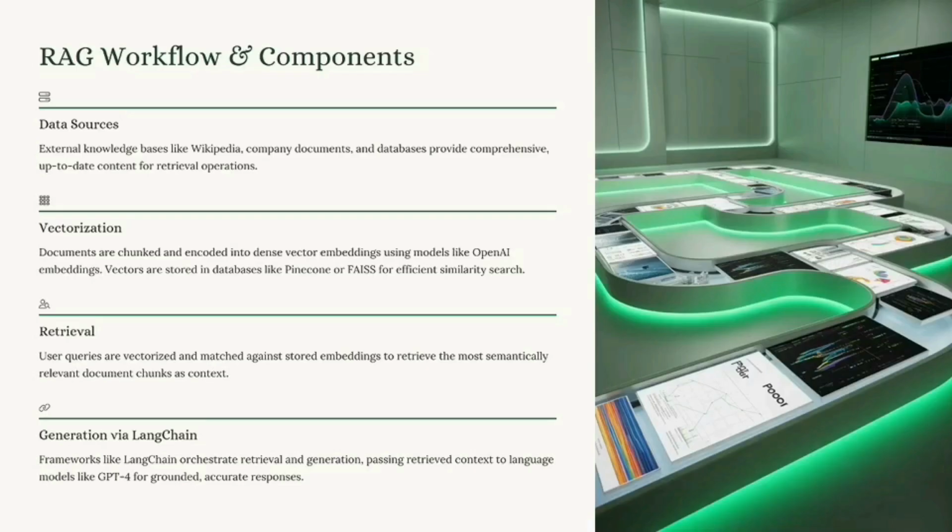We need to look at, well, what are some of the components? Those data sources are out there for us. How do we connect into them? Are we exposing those externally now? What about vectorization? We've got to run those. We've got to periodically rerun the vectorization of that, make sure we have updates. All of that can be done through generation. And then obviously the users will come in and try and get access to that.